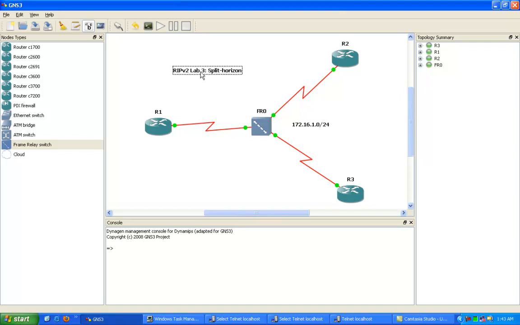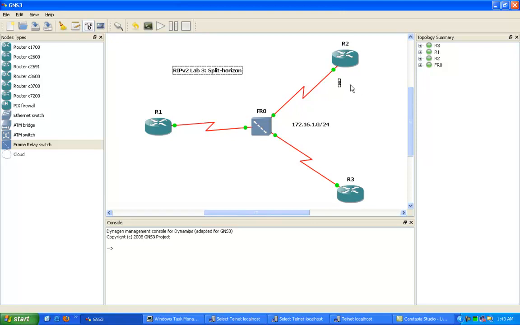So again here, when we're talking about RIP, we're going to see that it is enabled on all interfaces by default except for the main physical interfaces in this non-broadcast multi-access network type, Frame Relay. So we're going to take a look at how you can verify this, and how we'll be able to see split horizon in action. We'll disable it, enable it on the interface on router 1,